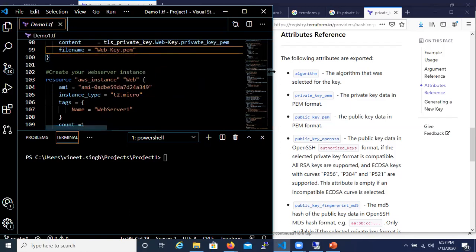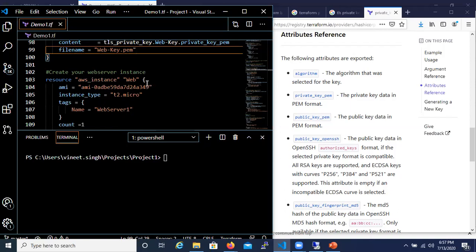Now that we have prepared the networking part as well as defined how we are going to log into the instance, we have created the key, and in order to secure it, we have created our security policy. Now comes the part where I'm going to deploy the instance.